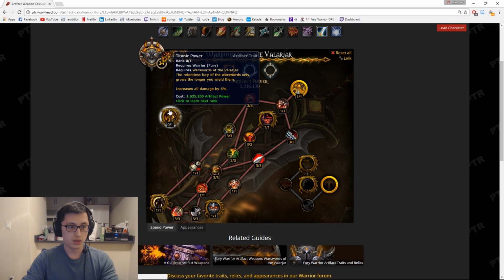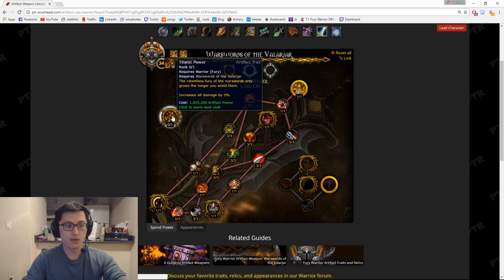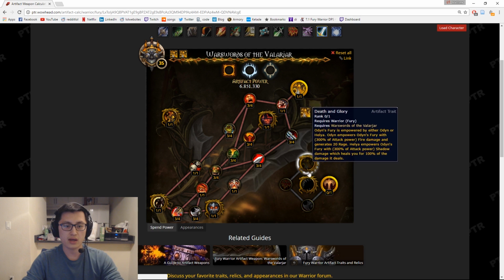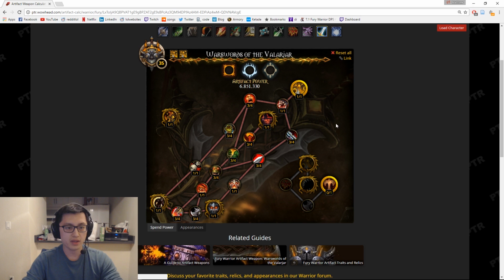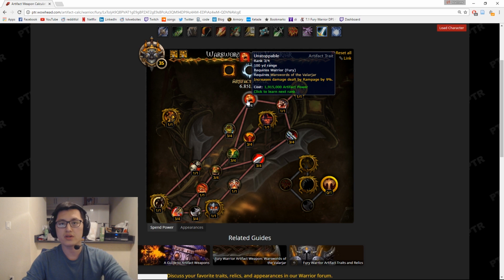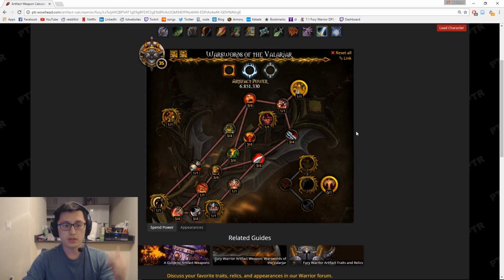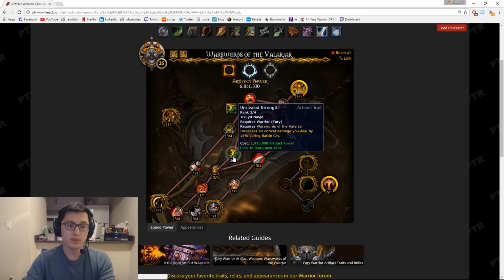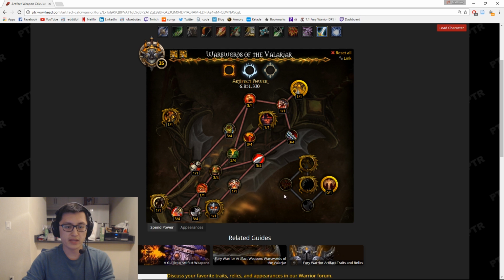So of course, your 35th trait is going to be our Titanic Power. Once you get this trait, you're going to get a quest line that allows you to unlock the rest of these artifact abilities and also allow you to put a fourth point into all of the current artifact abilities that had 3 points previously. So the biggest question comes is whether or not, do you put points into your current traits that you're currently familiar with and have been putting points into, or do you go down this new path